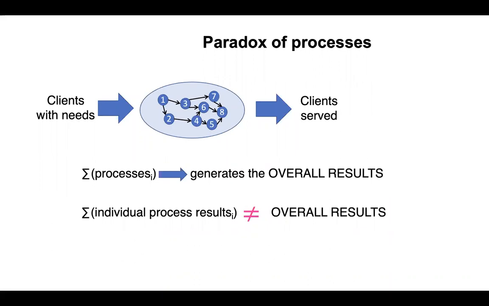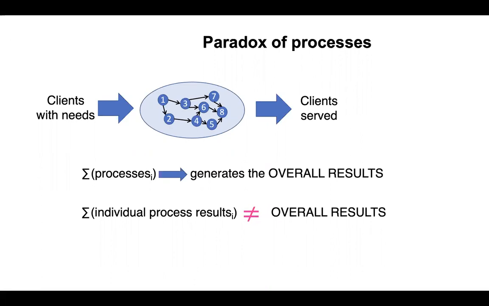An organization produces the overall results of the whole. These are the most important results. As an organization is the result of a sum of processes, we can state that, on the other hand, each process individually produces operational results. So the interesting thing is that the optimization of the overall results is achieved not at the expense of optimizing all processes, but through the selective optimization of some processes and the deliberately less positive performance of others.